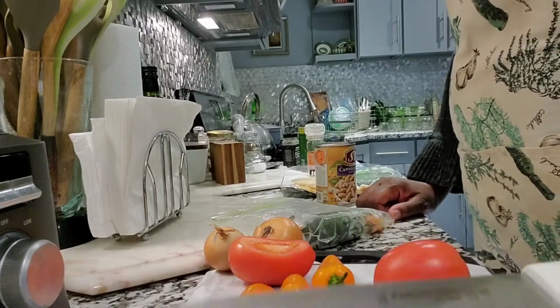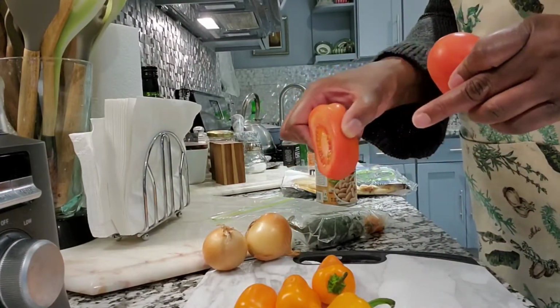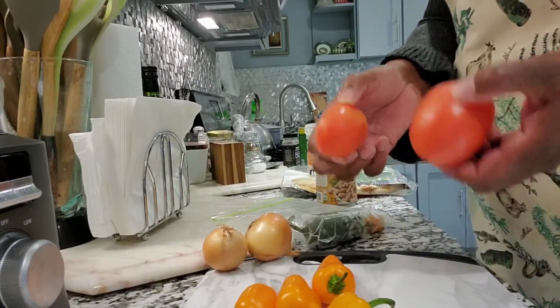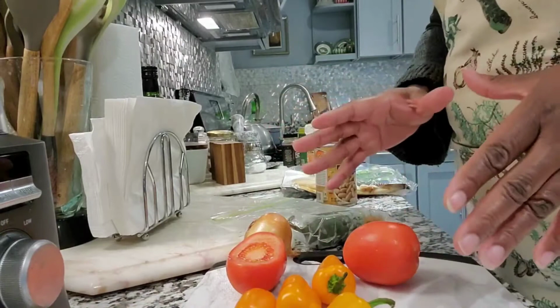So what I have here, I've already cleaned these. I just have 2 Roma tomatoes. I kind of slithered off a little bit to put in something. I had a sandwich yesterday. So I just have 2 Roma tomatoes. I don't know if I'll use the whole, maybe just 1.5 or something like that, because I'm just making a small